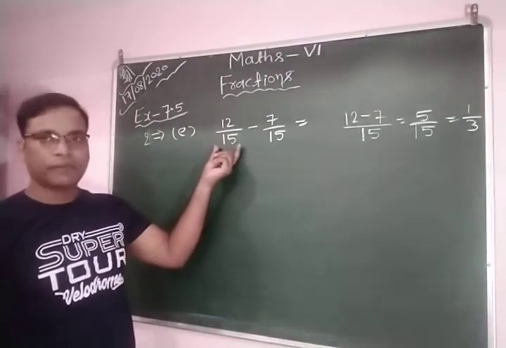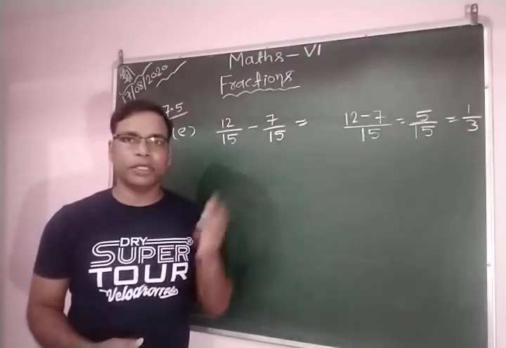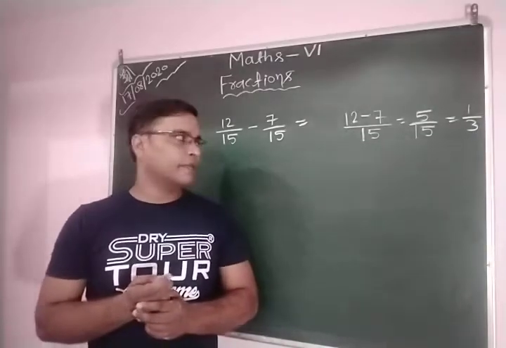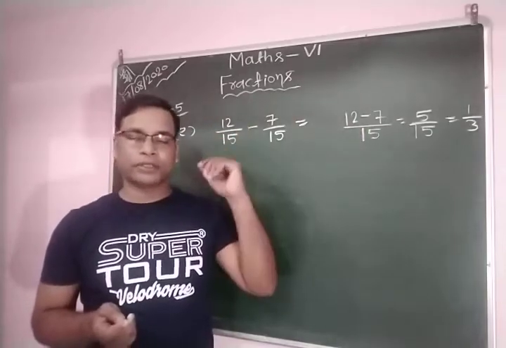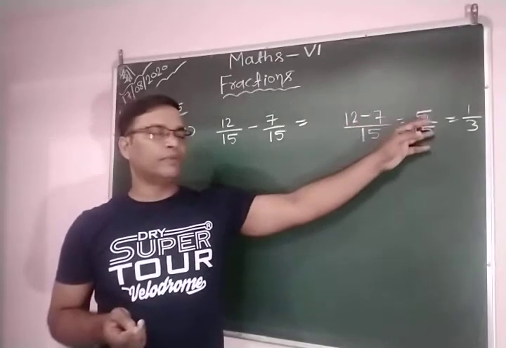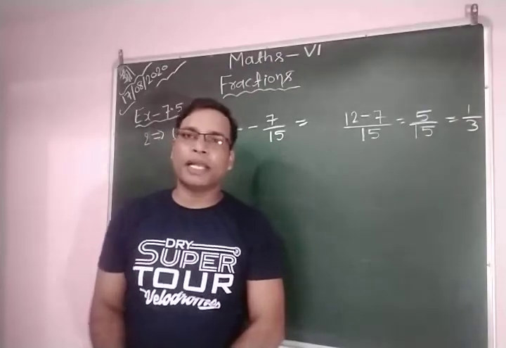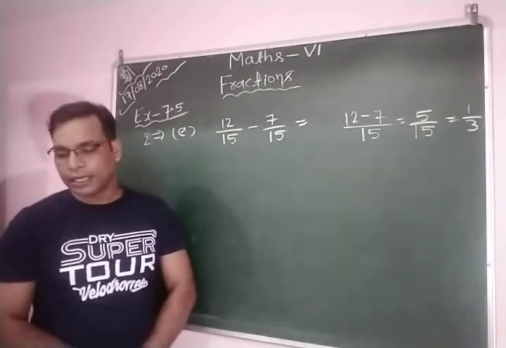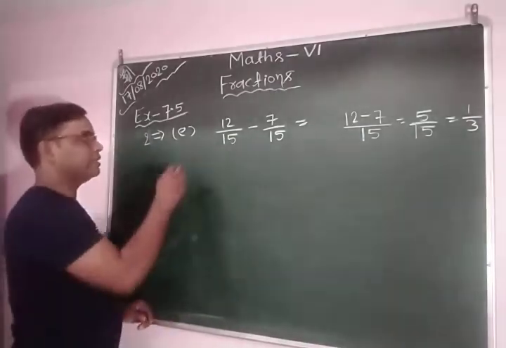Okay. The given fraction is 12 by 15 minus 7 by 15. So here you can see in both fractions the denominators are 15. Okay. So first we write 15. After this we subtract 7 from 12. So 12 minus 7 is equal to 5, divided by 15. So you can simplify it: 5 times 1 is 5 and 5 times 3 is 15. Okay. Now the F part of this question is 5 by 8 and 3 by 8.